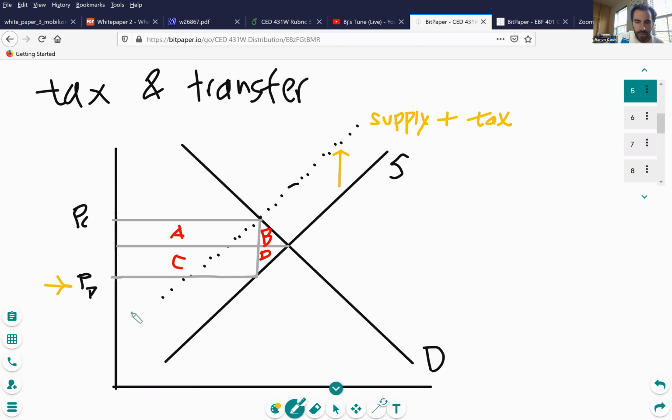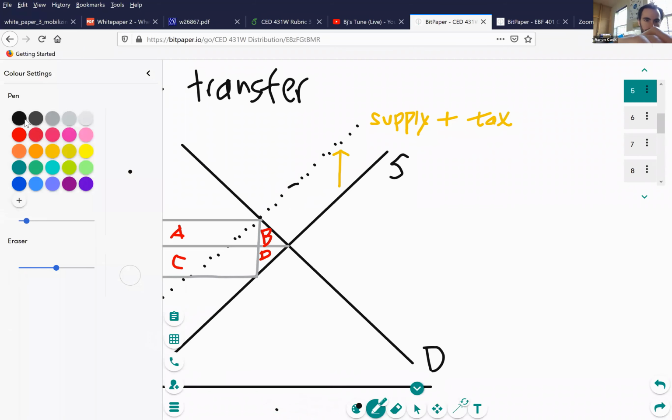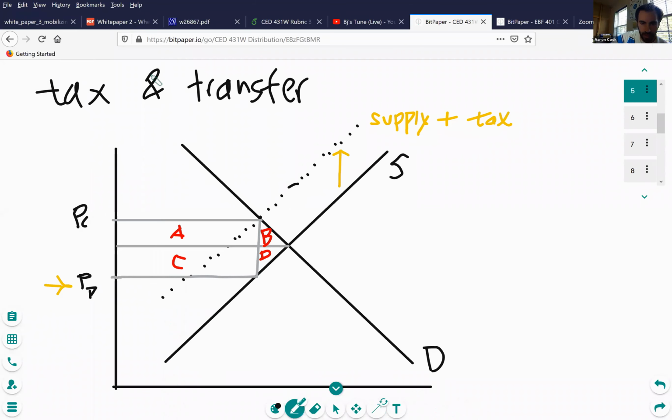We talked about how this is going to have an effect of changing the quantity of production. So this is a restriction in quantity implicitly because the tax is artificially increasing the prices of these goods. There's less transactions that occur. There's less quantity sold, and so there's different changes in welfare to different parties.